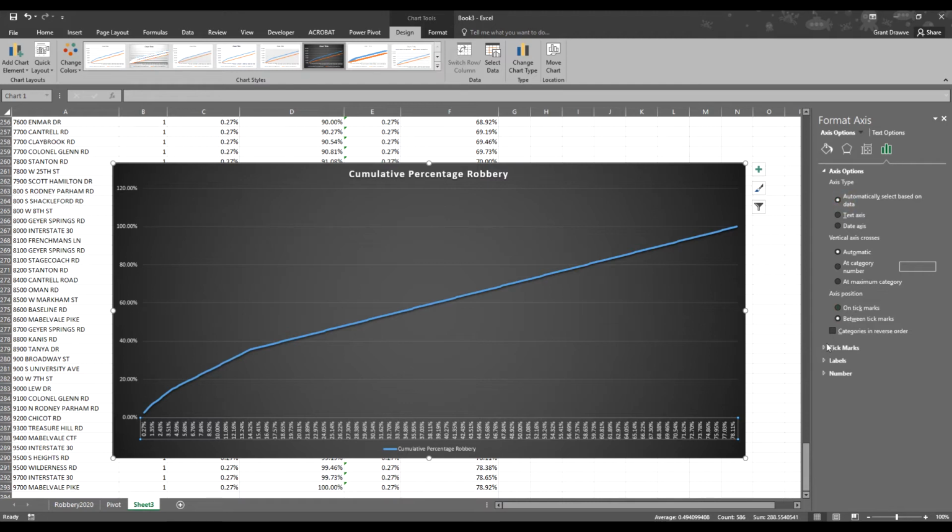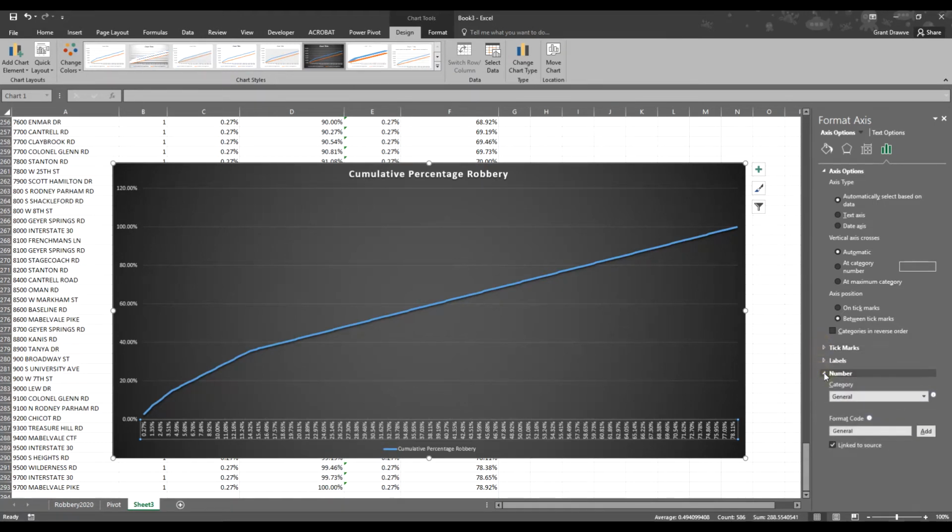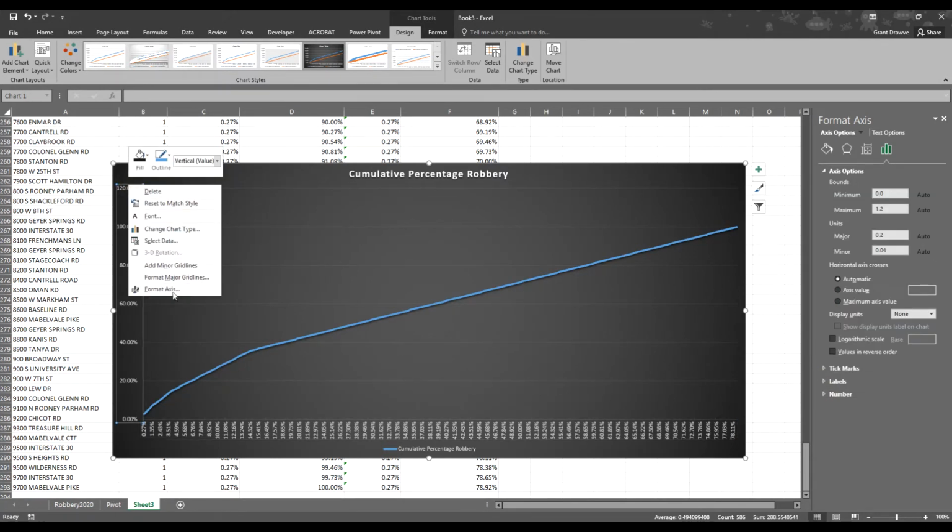So that's fine, that's fine. Tick marks. So here you can change the interval between the marks itself. So if I hit 10 there, it will shift it. Labels, we're good there. Distance from the axis. And then the number itself is a percentage. So there we're just helping link that together. Here we want to specify